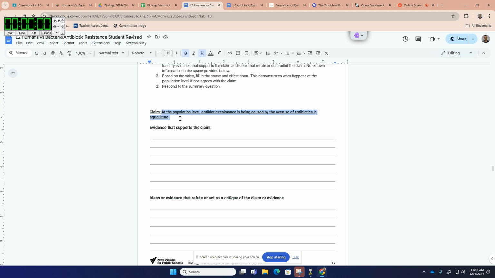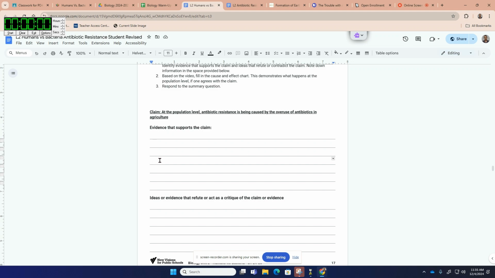Evidence number two is that we see an increase of resistant infections near farms. And so the idea, and I'm going to leave that word out there for now, the idea is that something is causing resistant bacteria on farms to develop due to antibiotic use, and that resistance is somehow passing on to